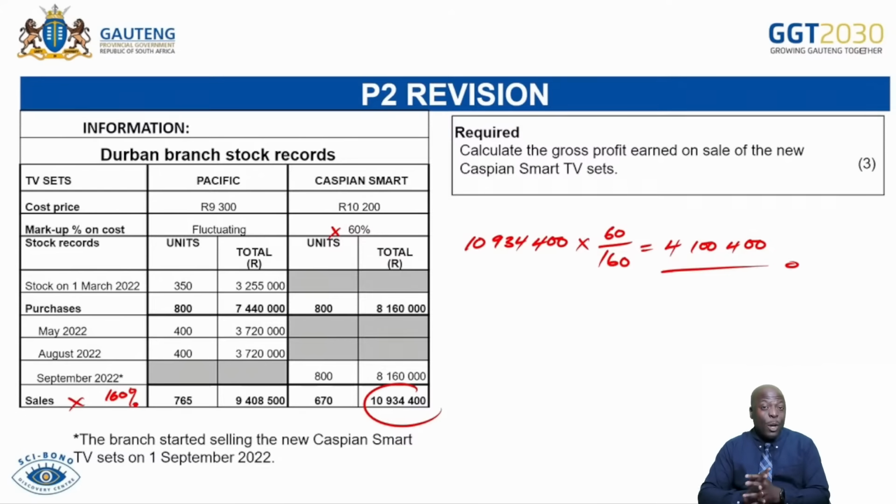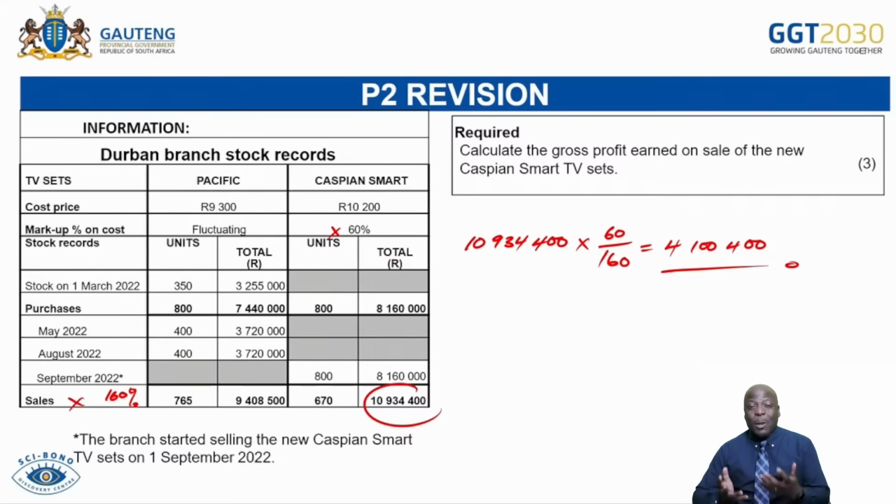Budgets, because of time, we were not able to go through them. But on this very same channel, we have done debtors collection schedule, creditors payment schedule, and we have done calculation of missing amounts. We've done various calculations that pertain to our budgets. I would encourage you, if you have challenges with those, please go again and watch those lessons. And remember what I said at the beginning of the lesson, that there is SIP material which can assist you with particular areas that you need to prepare.